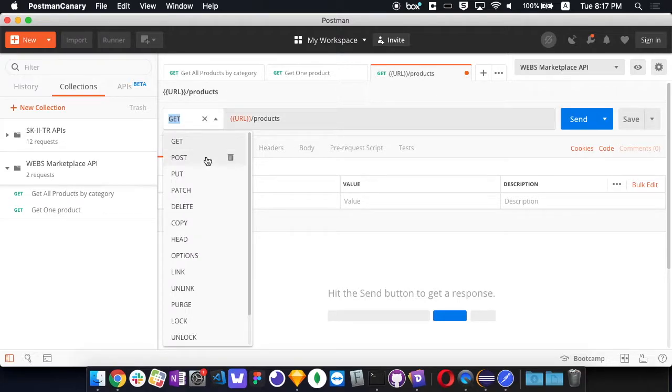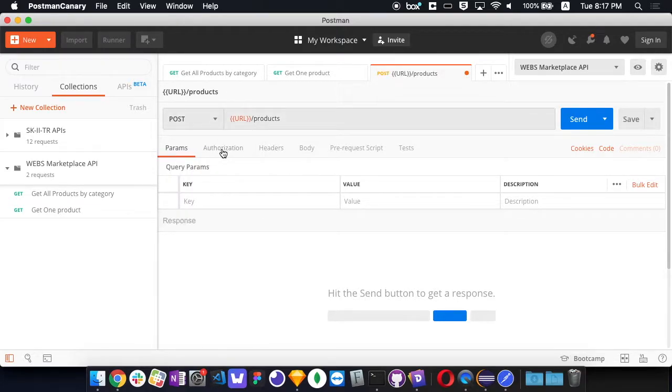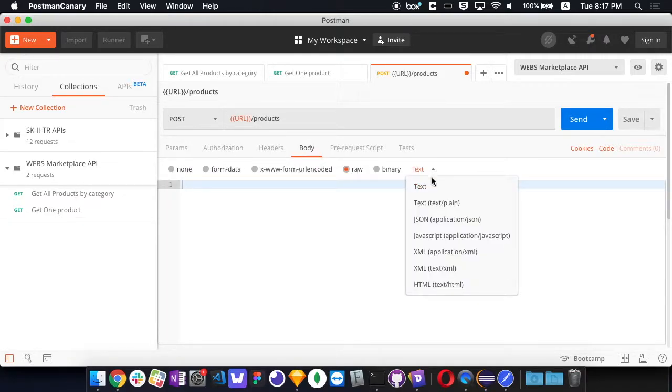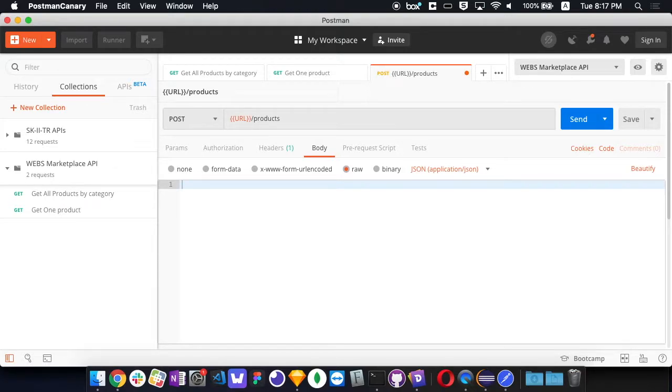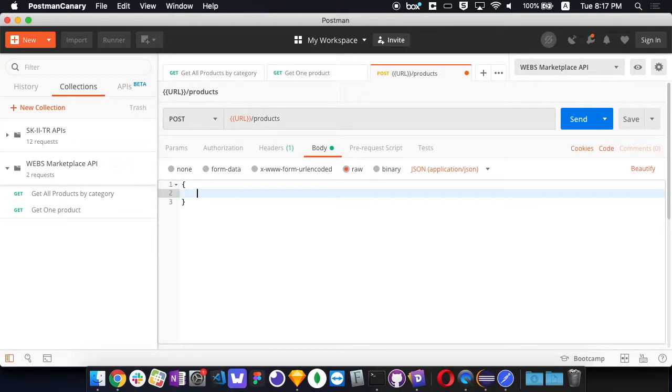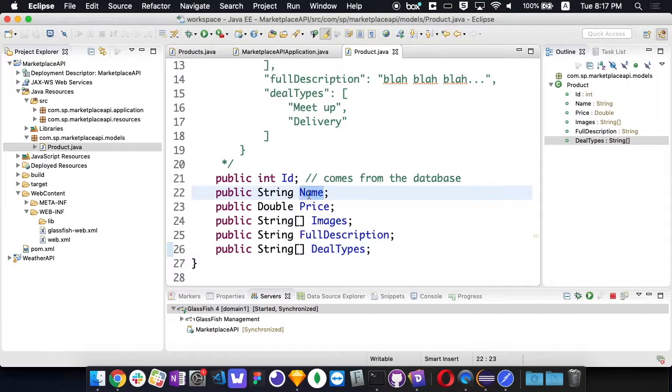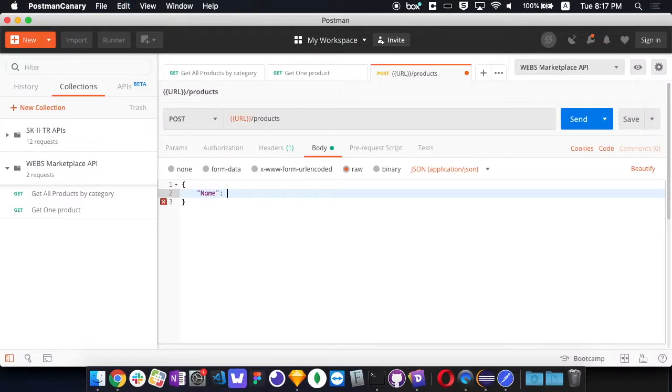Okay, now I'm gonna do the one for post, right? So this is post products, and because I'm sending a JSON, I go to body, choose raw, change the type to application JSON, and then type. Now what should I type in? At this stage, this product definition has ID, name. Let's try to skip ID and see what happens. So I have name,